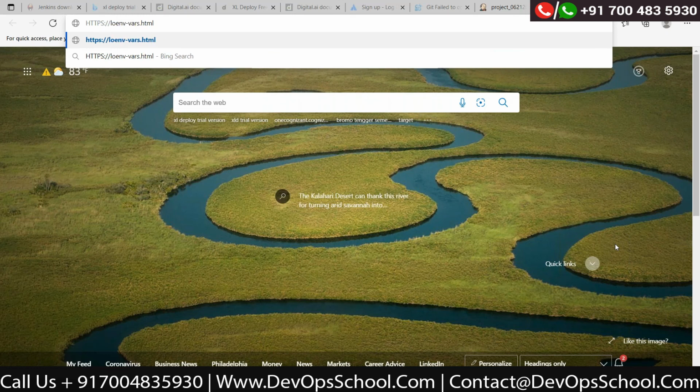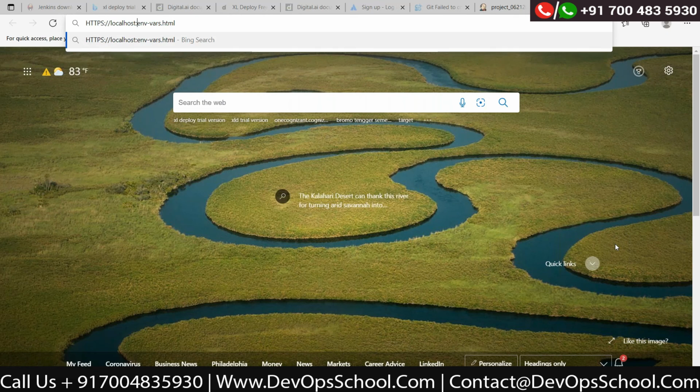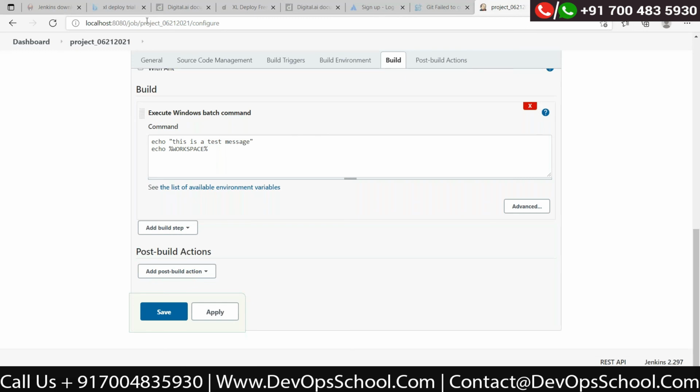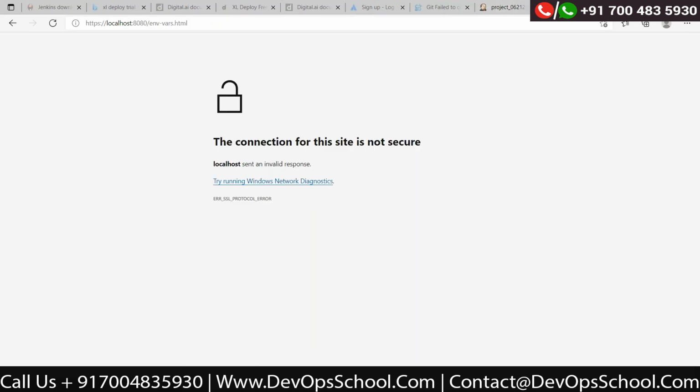Which browser are you using? This is localhost 8080, I think the Windows default browser, which they have updated now.